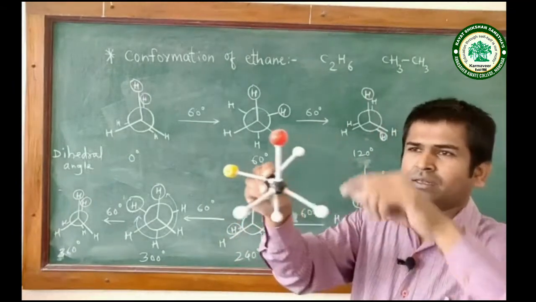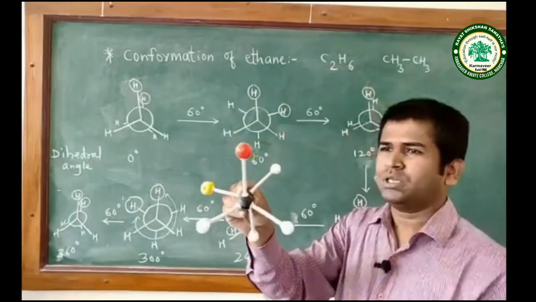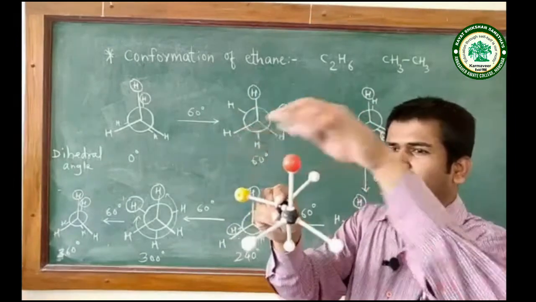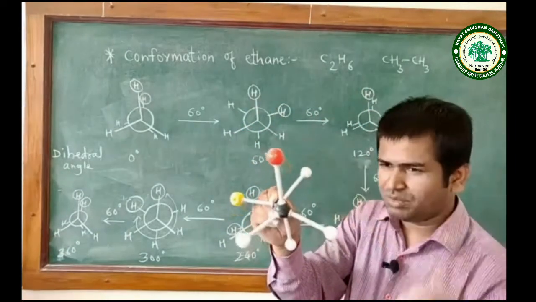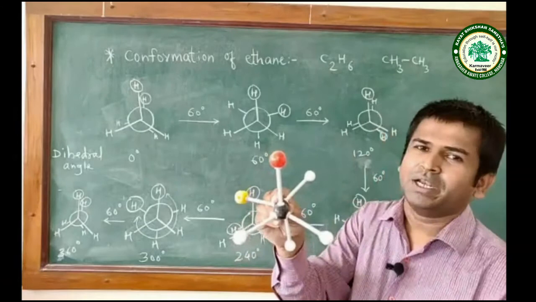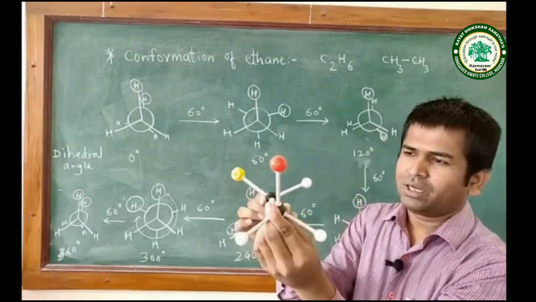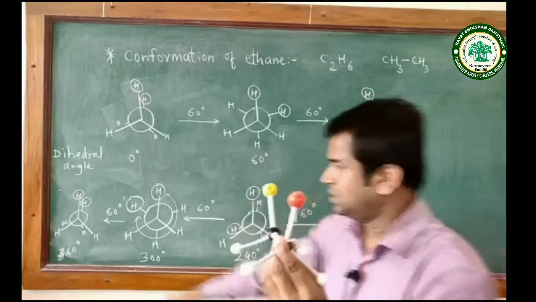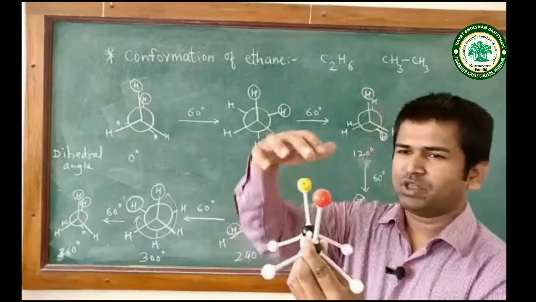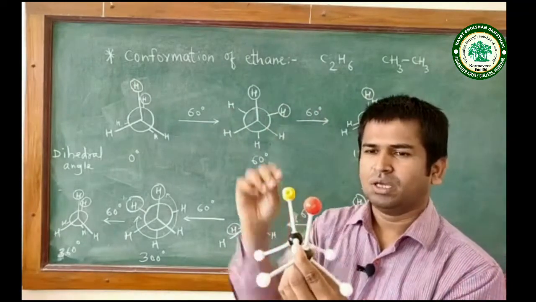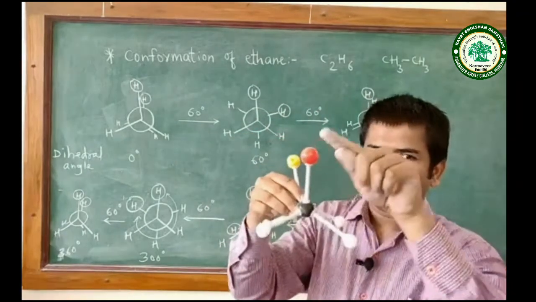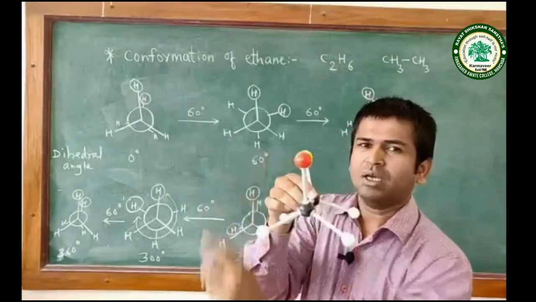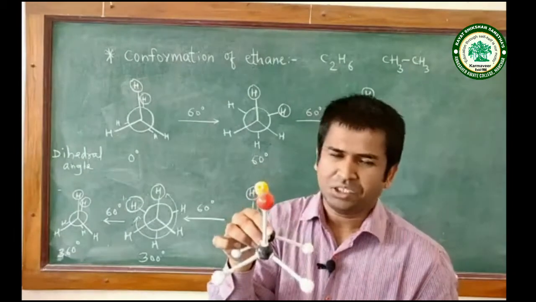And the dihedral angle between this hydrogen and this hydrogen from this side, not from this side, from this side, it is 60, but considering from this side it is 300 degree. And again rotate the structure. We get this structure in which the dihedral angle between these two hydrogens is 360. Okay, actually it is 0, but when we consider one complete rotation of these hydrogens, then the dihedral angle is 360.